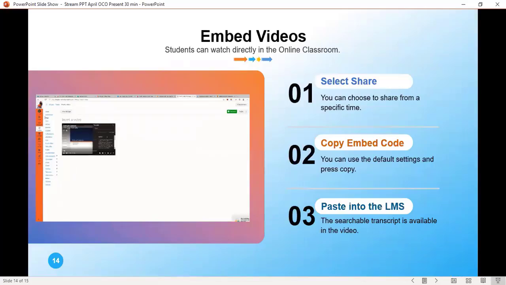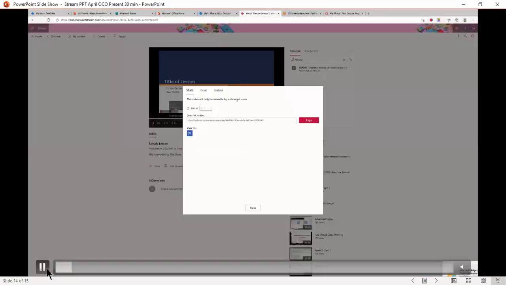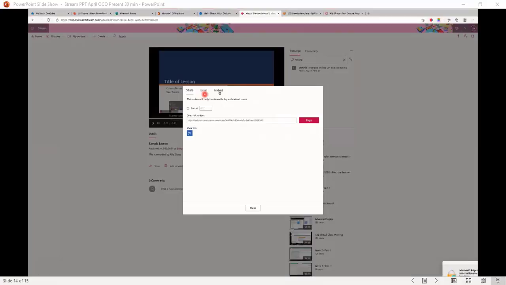So when you're sharing it, you always have that option to share as email, or I'm going to put the spotlight on that. You can share it just by copying and pressing that code, and so you can give someone the direct link, or it gives you an email and you can share directly from Teams if you use that, or you can share your email link. So if you're using Teams, then Stream already goes in so easily with that code, and you can email it or you can embed it.